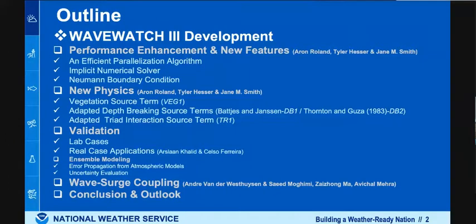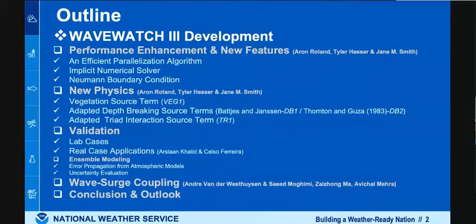For the sake of validation, we also need observations in the impacted area, over land and in the nearshore. And we also need to improve the physics inside the model so we can have better representation of the physics and nearshore hydrodynamics. So WaveWatch 3 is one component of this coupled system, and we had a couple of challenges